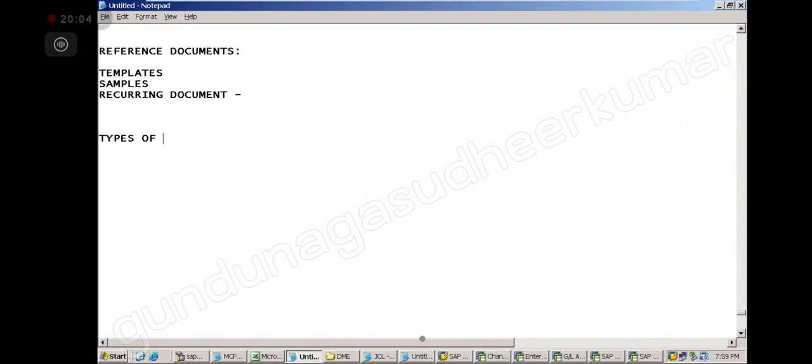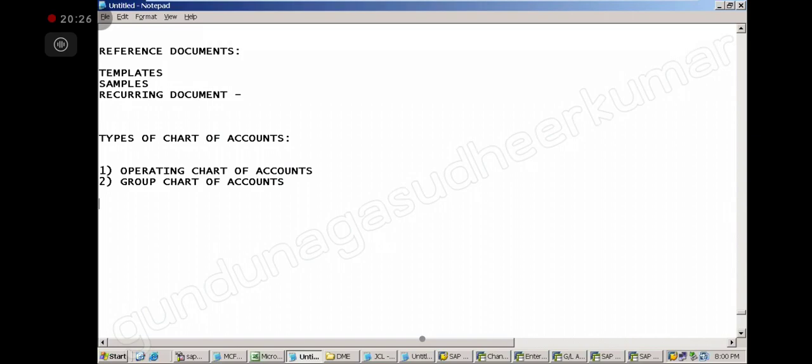Types of chart of accounts. Three types, correct. One is the operating chart of accounts. The second one is the group chart of accounts.